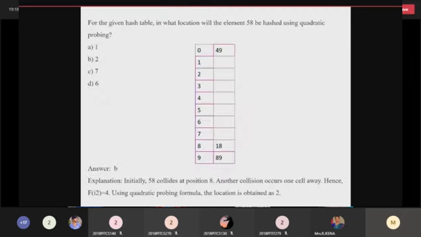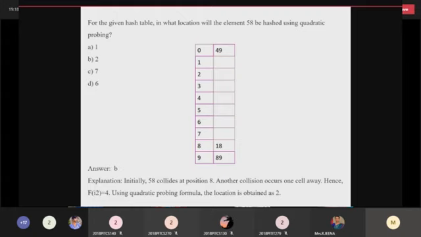For the given hash table, which location will element 59 be hashed to in quadratic probing? For example, I am going to take 58. 58 modulo 10, 8 is the remainder, because 8 is already occupied by 18. So now try the second formula, 58 plus 1 square modulo table size, which is 59. 59 means the 9th index, which is already occupied.